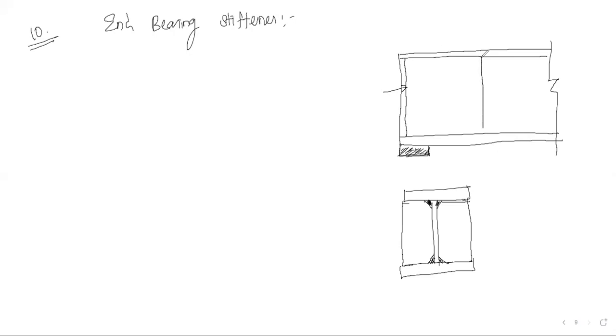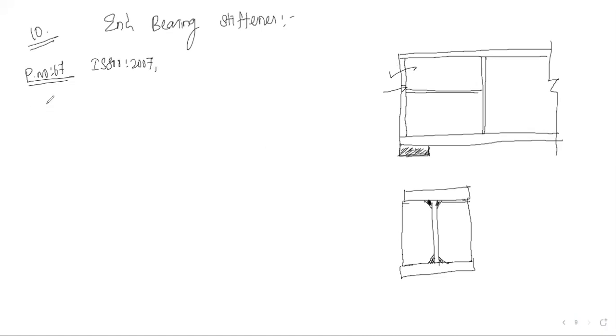If I'm going to give at the end, then it will be called as end bearing. And if I'm going to give at mid, then it will be called as intermediate. And further, if I'm going to connect like this in the horizontal manner, that is also called horizontal stiffeners. So like that also I can provide. Now I'm going to design only the end bearing stiffeners in this problem. So from page number 67 of IS 800